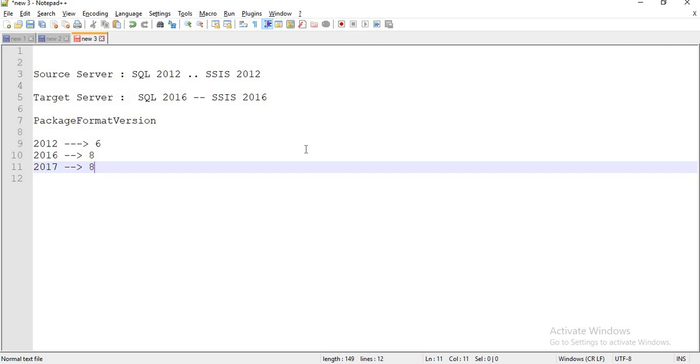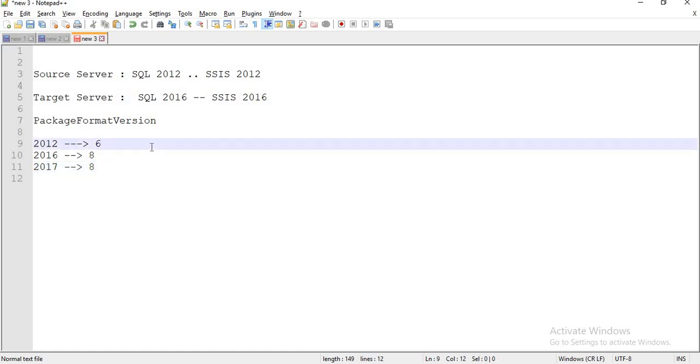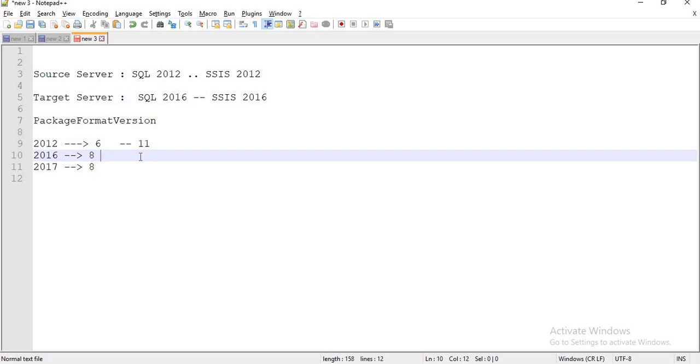Apart from this, you have some build numbers as well, like the last modified version or something like that. If the package is 2012, the build number is 11. If the package is 2016, then obviously the number will be more than 11, maybe around 14 or 15.